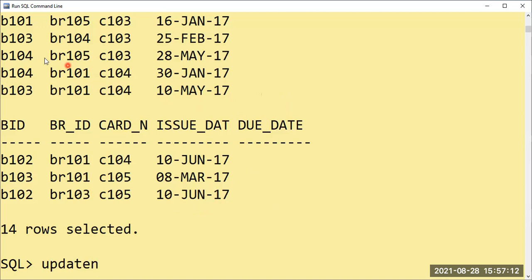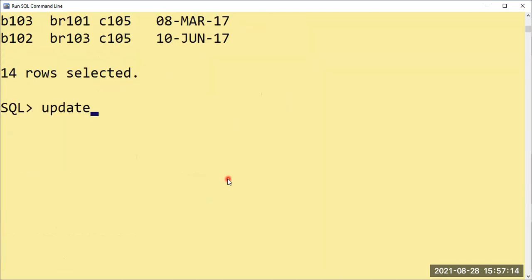The done update table. I will write update book lending. Our alteration command, we always use update book lending. Next step is set. What do we mean by set? Here we are setting. We are giving the values for the table that we are about to update. So we have to say table set, what we are going to set. That also matters here. For which column are we going to add the fresh value here? So due date, right? So due date equal to